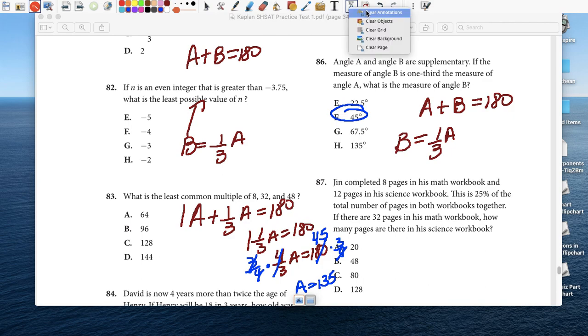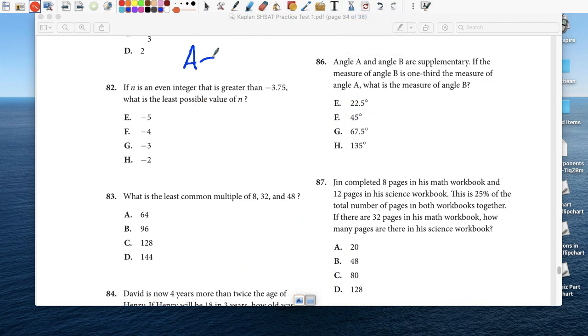Actually, there was an easier way. So we have A plus B equals 180, and B is 1/3 of A. Instead of writing 1/3 of A, I'm going to write A over 3, which is the same thing. Now, what I should have done was multiply both sides by 3. That gets crossed out. That gets crossed out. And I know now that A is